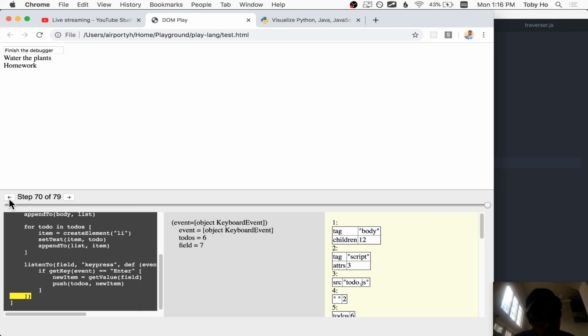Actually, multiple key presses happened, but only one of them satisfied this conditional, which allowed it to enter this chunk